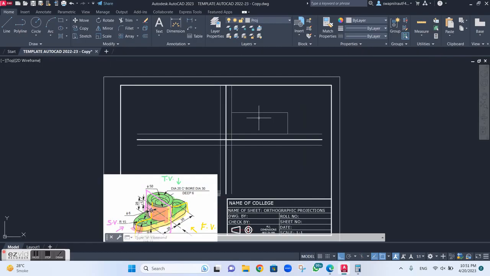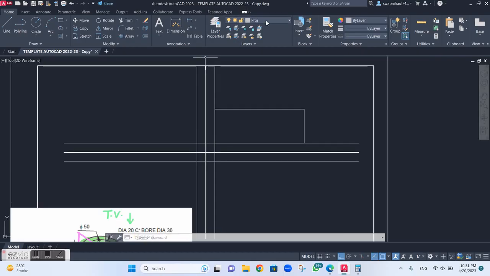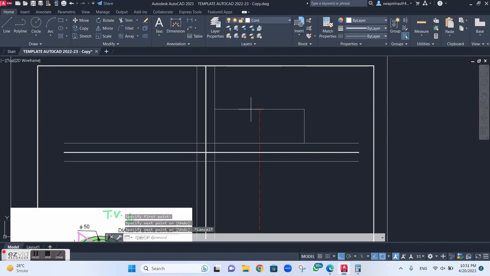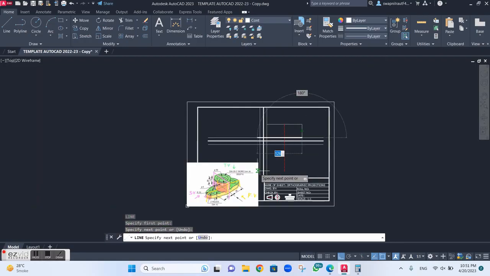Okay, so now I will draw the center line. So I will select the center line layer. I will take the center of the figure and draw the center line. Okay, now I will go to the below rectangle,